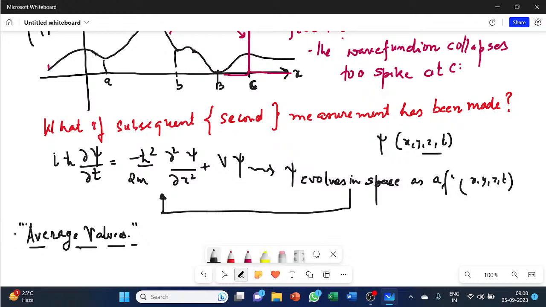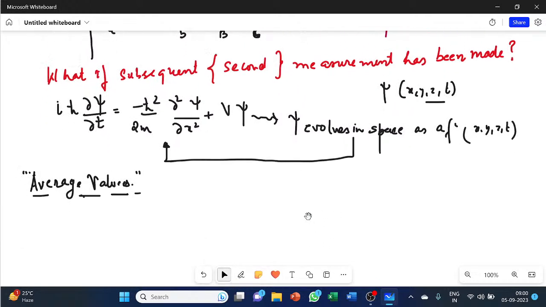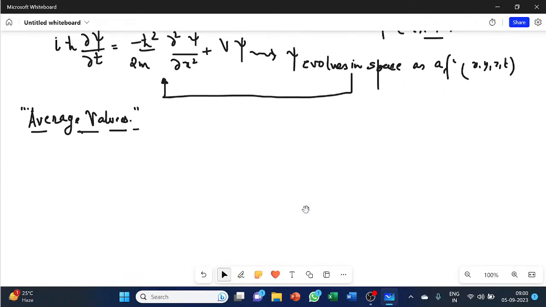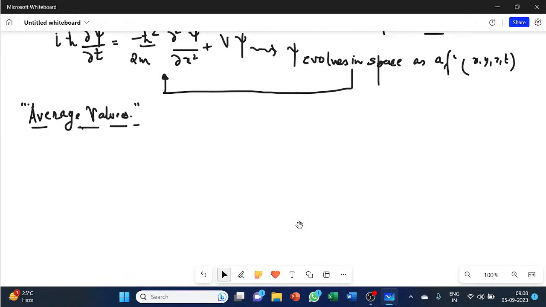So how do we do it? Let's see how do we take these average values. This is something that needs to be seen. So this is what I'm trying to explain now. So what happens is, I'm writing it here. Okay. So what I'm going to write here is how to find this average value. And you understand why I'm saying it.